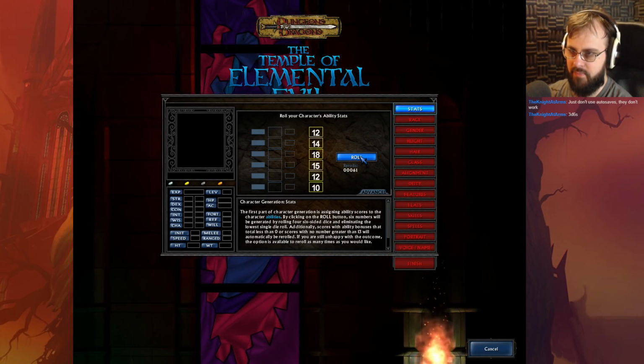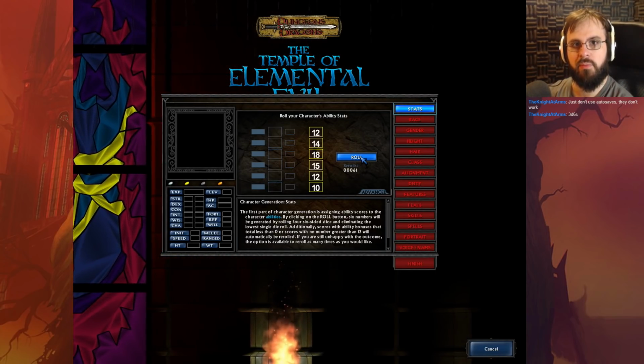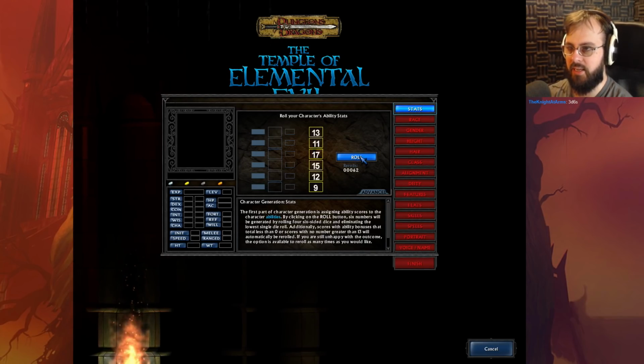We're gonna get there. Got an 18 over there. 3d6s, that works too. Oh, so it means we can get a 3. Just don't use autosaves, they don't work. Absolutely, I noticed that on the